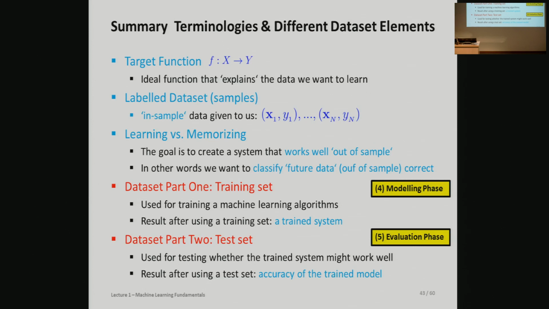Then when we are in the modeling phase and the evaluation phase, we left a little bit a thing out, which is actually the training set and the test set. You already have seen that by logging in to the system, right? We have training and testing. There are always these two data sets we're talking about in machine learning. And we will see towards the end of the tutorial, we will have even validation sets to talk about. But let's keep it simple here and start first with the training set. That is what you use in order to create your model, right? This is in the modeling phase, but you need something to check in case there comes new data, unseen data, you don't know yet.